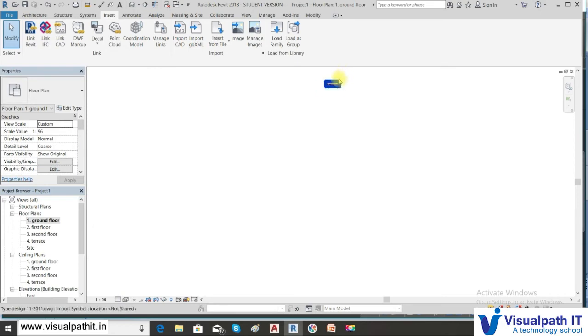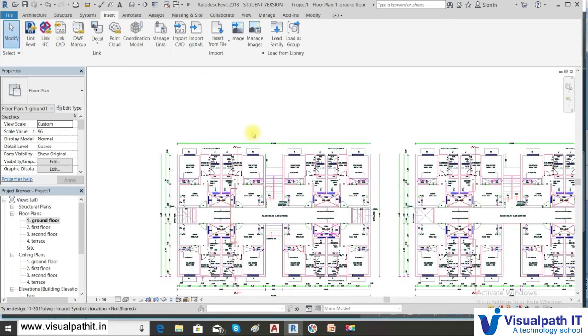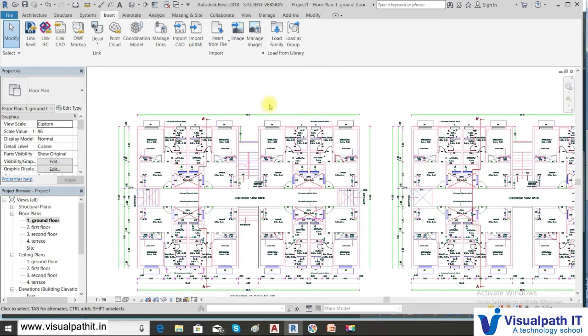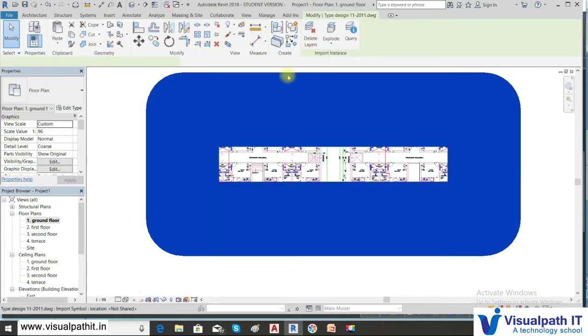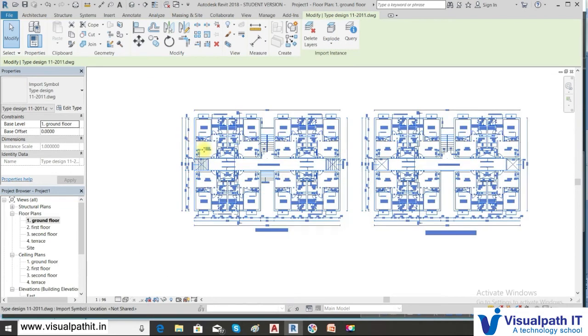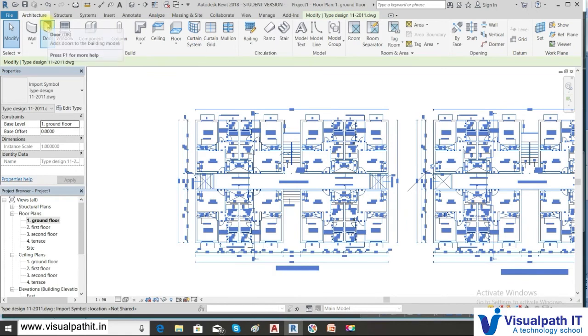Here you see, right click, zoom to fit. You're able to see it. Later on we can fix the views. Okay. Now when you select it, it comes as a block. So select it and here you can say explode, full explode or partial explode, or make this as wireframe. Now what happens? You can directly draw over this object.